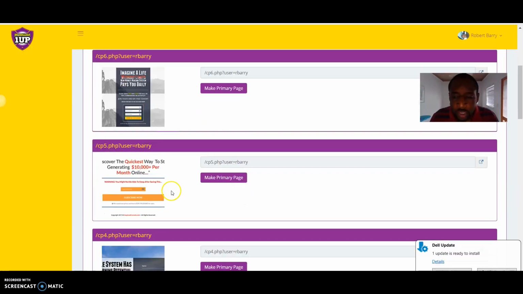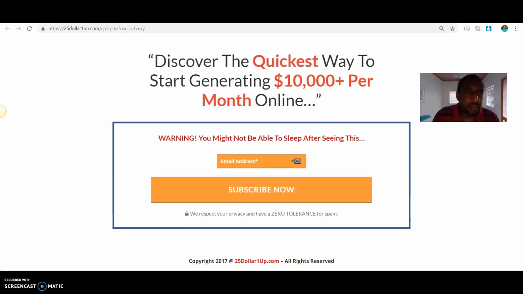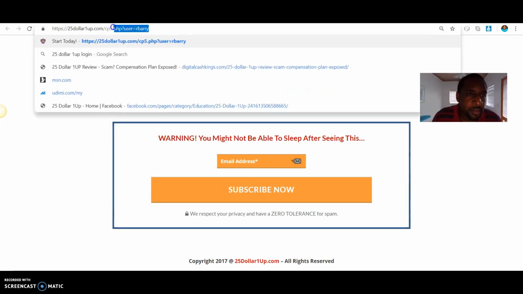And so most of the time, to ensure that I get the correct capture page that I want, I would click. As a matter of fact, I'm using this capture page right now because this is converting very well. So I encourage all of my team members to grab this exact capture page. And so what I would do is I would come here, give it a nice click, and grab this very